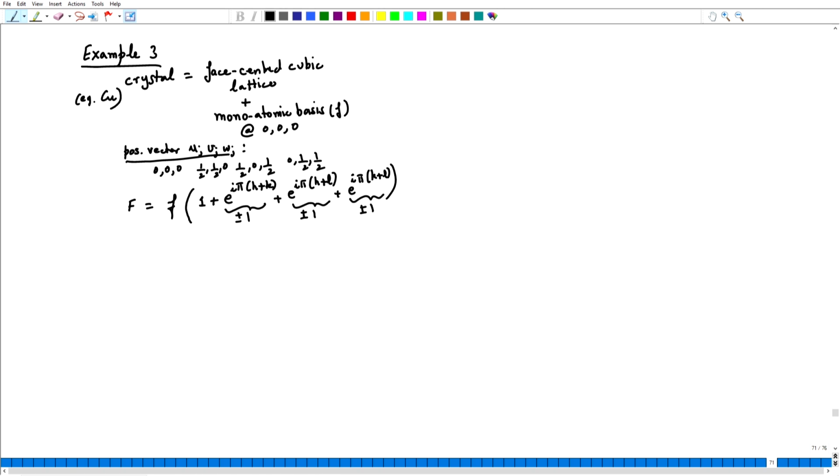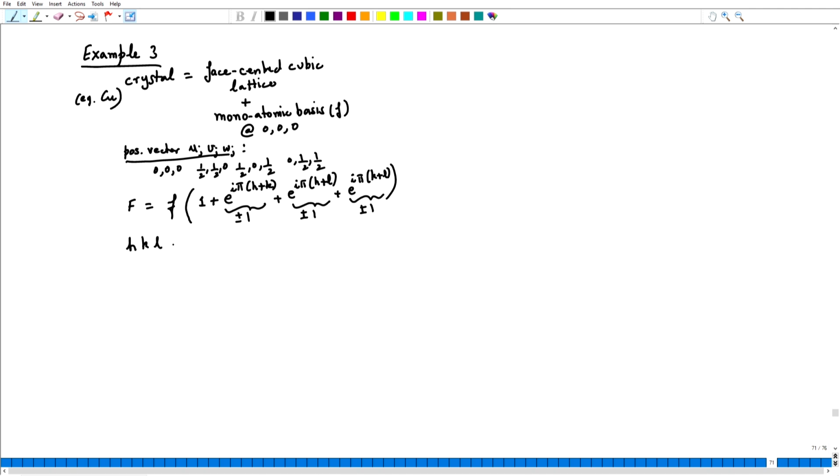Now, let us think about it. When can I get plus 1 for all the 3 exponential terms? So, h plus k, for example, can be even when h and k are either both odd or both even. Same thing goes for h plus l. When can it be even? h and l are both either even numbers or odd numbers. Same thing goes for k plus l. Either both of them are even or odd, which means that whenever